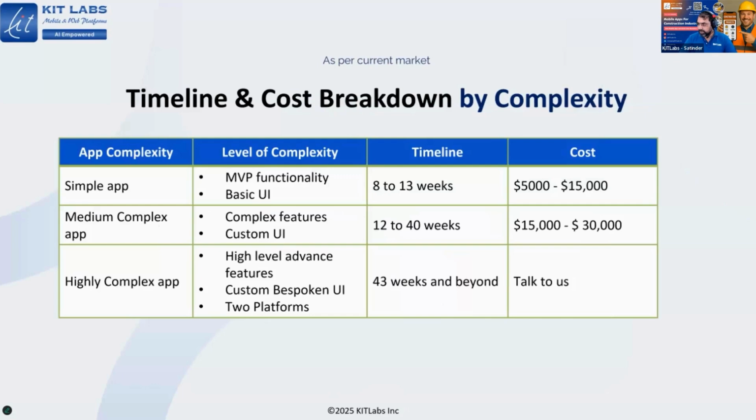We want to give you a simple idea of how much building a mobile app actually costs, because that question comes up a lot, and we want to be very transparent here. A very basic application, where we just give your customer a simple interface and get simple things done, starts from 5 grand and takes approximately 2 months to configure. But consider how much value it adds to your business.